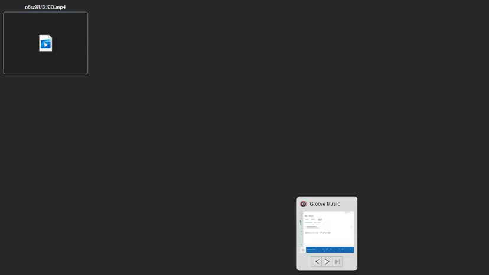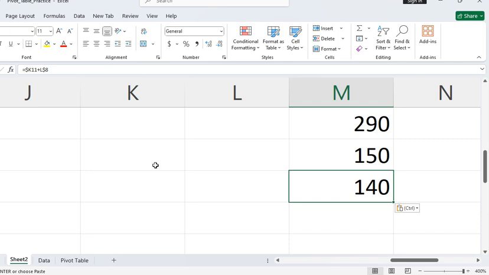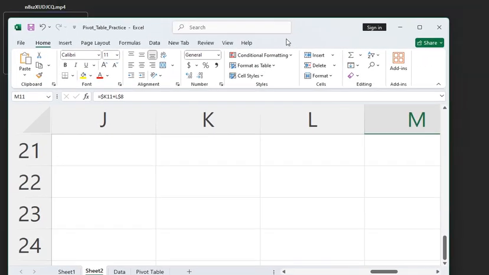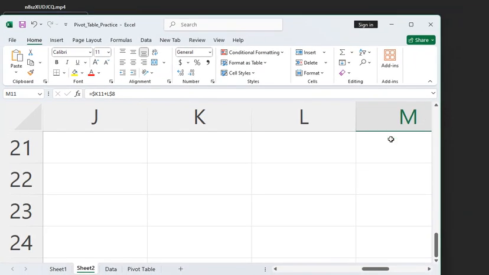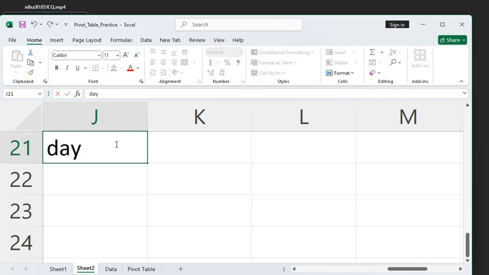So let's get this one. So in this case, this is our Excel sheet. Don't mind, I was just trying to zoom it so that it looks bigger. That is our Excel sheet. Now let's create, for instance, we have got data. Our data is, for example, days,